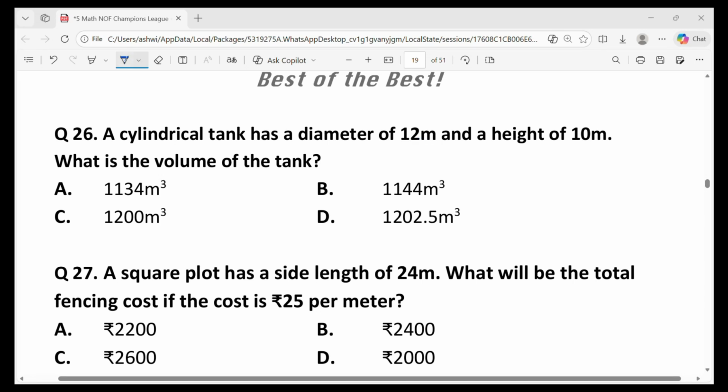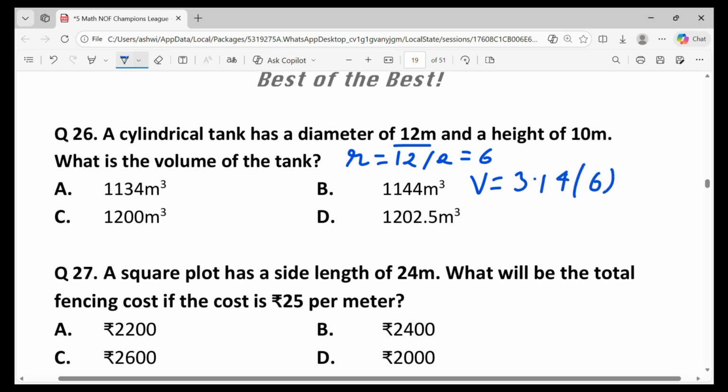Question 26. A cylindrical tank has a diameter of 12 meters and a height of 10 meters. What is the volume of the tank? The diameter D is 12 meters. So radius R will be equal to 12 by 2, that is equal to 6. The formula for the volume of a cylinder is pi r square h, using pi as 3.14. Volume is equal to 3.14 r square, that is 6 square, into h, that is 10, that is equal to